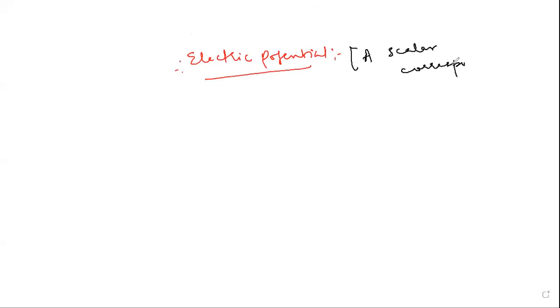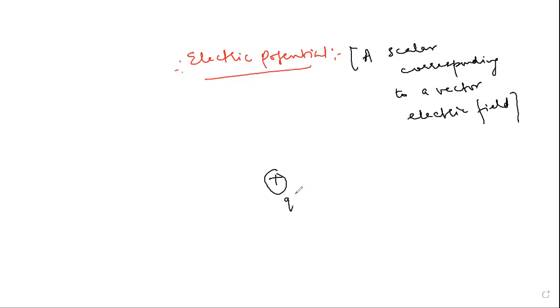Last time we discussed the idea of electric potential. We said that electric potential is a scalar corresponding to a vector electric field, right? So if we have some charge, positive charge we have shown Q, we know there is electric field surrounding